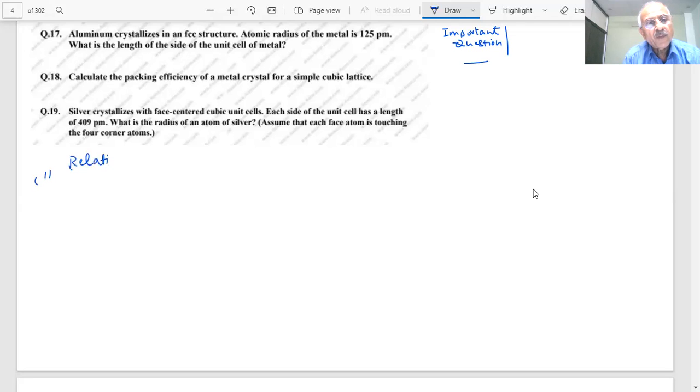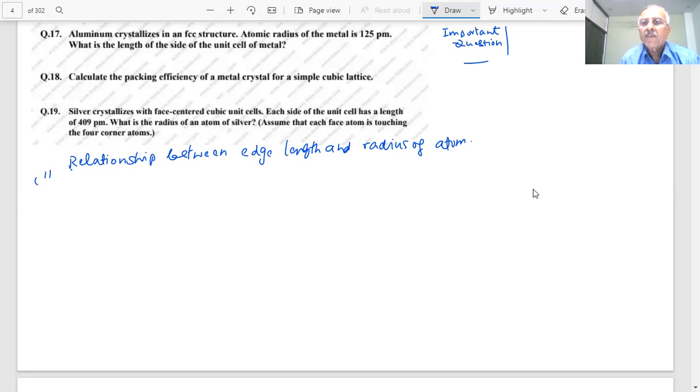between, one question will be there in the paper on this, what is the relationship between edge length and radius of the atom? Look, what is the edge length, and what is the radius? What do you mean by radius of the atom? We said that atoms are spheres, they have a radius, yes or no? Yes, sir. And then you have a unit cell, students,